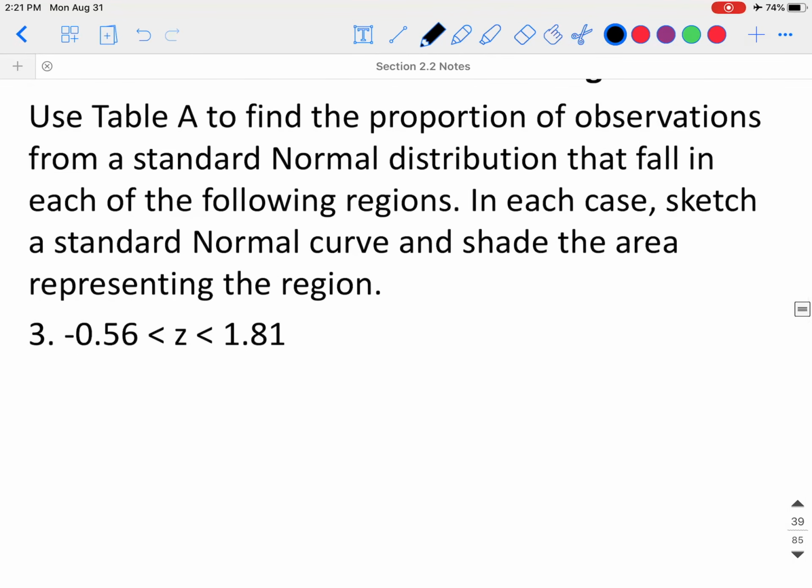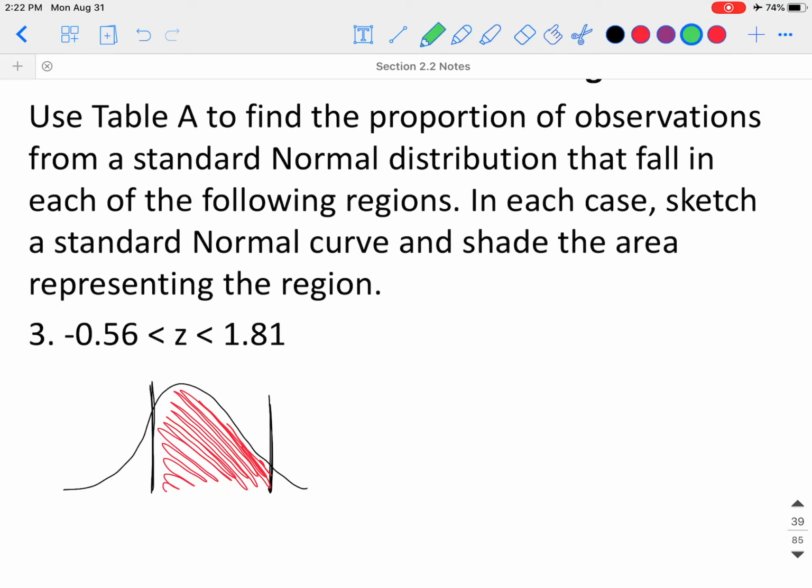Now to find between the two, again, you're going to start by making your graph. So -0.56 and 1.81, we are going to find between the two. So if we find to the left of 1.81, again, you would go to your table, you would go to the row of 1.8, find the column of 0.01, you would see where the two intersect, and they are going to intersect at an area of 0.9649. So that's from here all the way to the left. From here to the left,